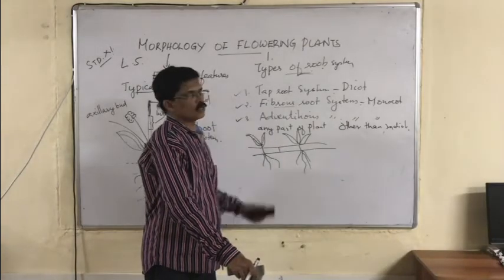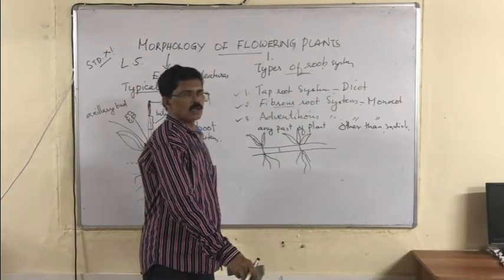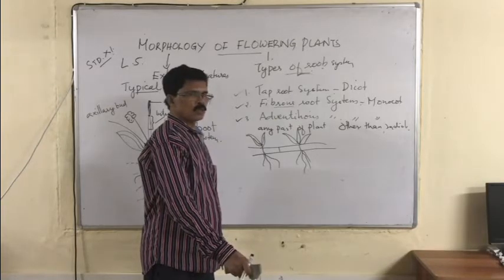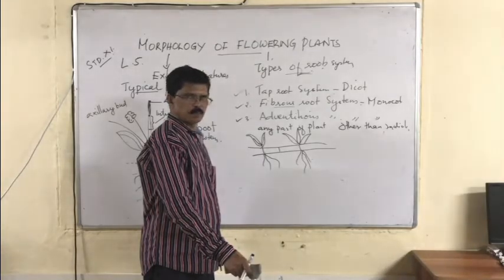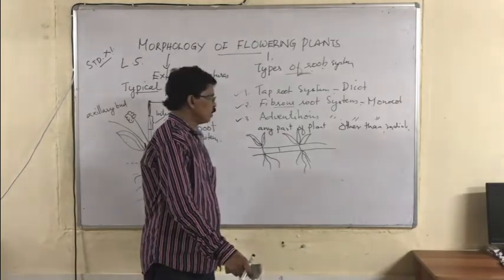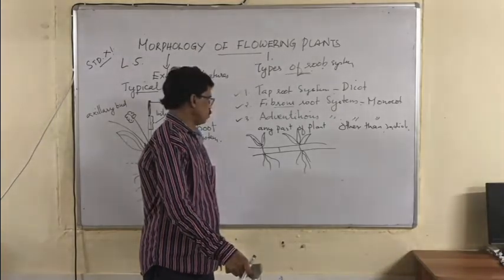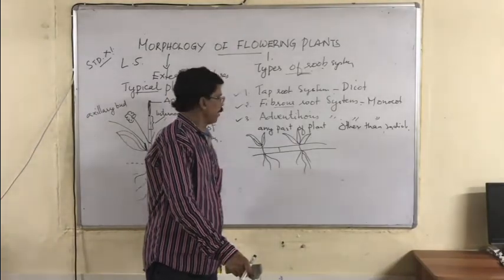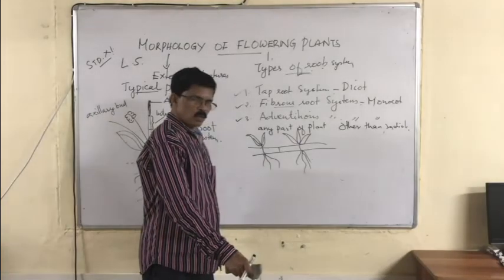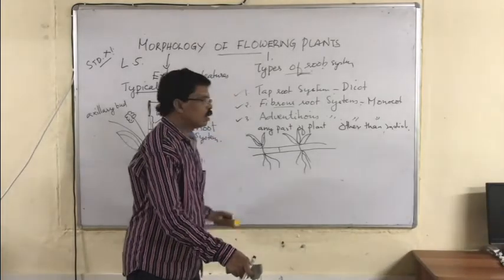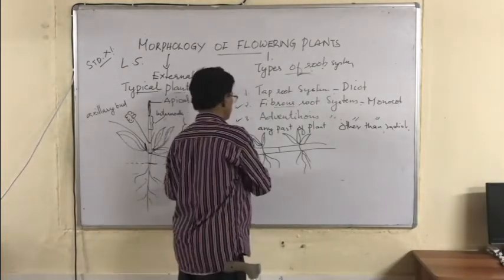Now, in the fibrous root system in a monocot, the radicle stops growth and further roots develop from the root tip. The root tip divides into many branches and forms the fiber-like roots called the fibrous root system. Adventitious roots are characteristic of both monocot and dicot. Roots develop from any part of the plant body other than the radicle; this is the adventitious root system.